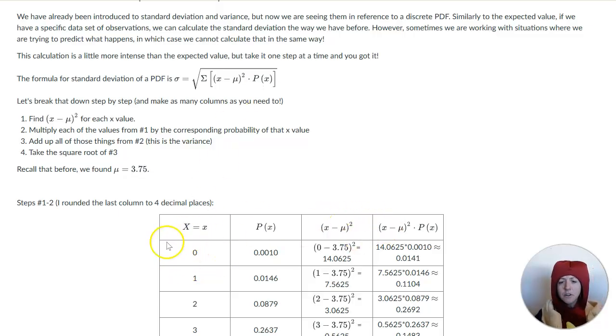So if you notice in this table as an example, we had calculated an expected value of 3.75 in this different situation. And then in this column, what we did was we took this x value, subtracted the mean or expected value, squared that. And then in this column, we took that number and multiplied it by the probability of that value. So everything that we're doing in each of these columns is located within this row, which is